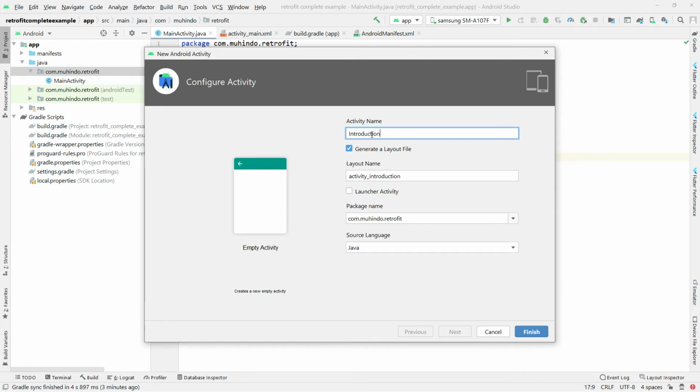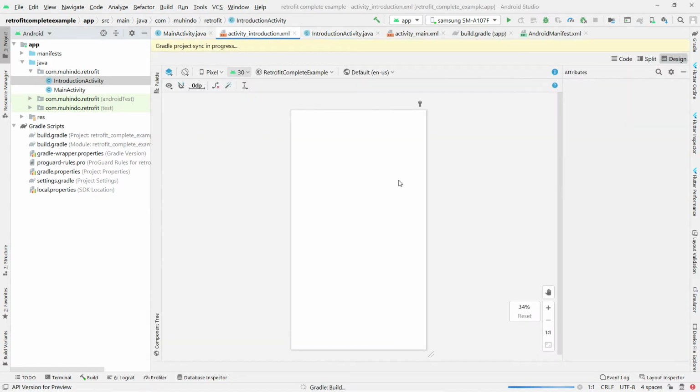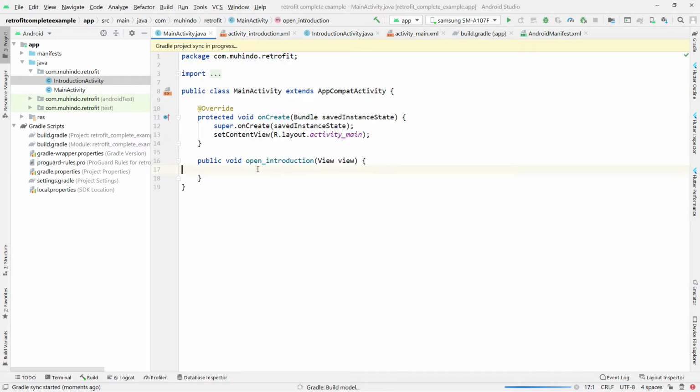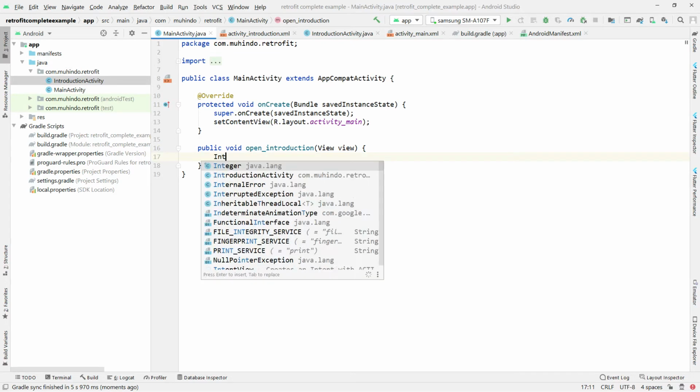Introduction. Let me just remove everything here where there's that activity. I'll remove that main and call it introduction. Okay, and then say okay. So I want when someone clicks on this open introduction, it should open that introduction. So let's go ahead and start the intent. So it's simply say intent